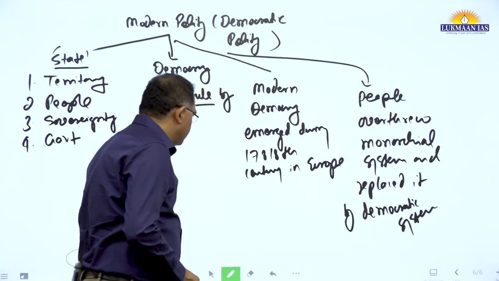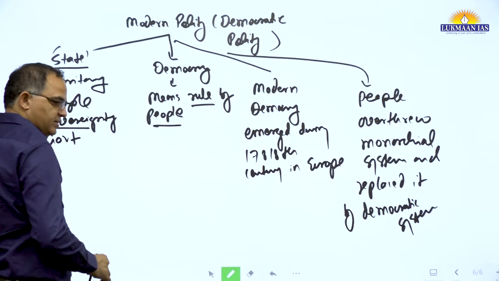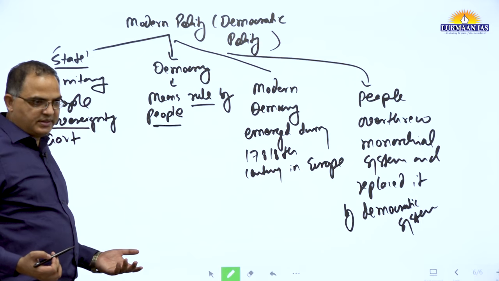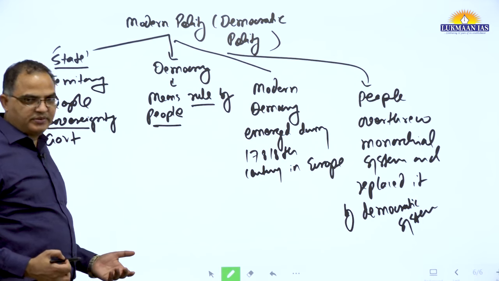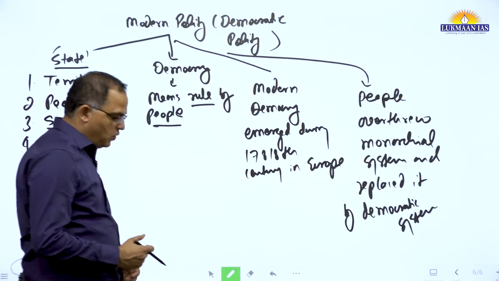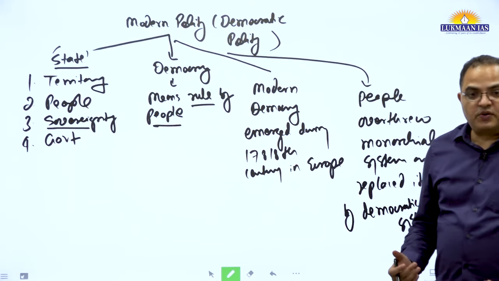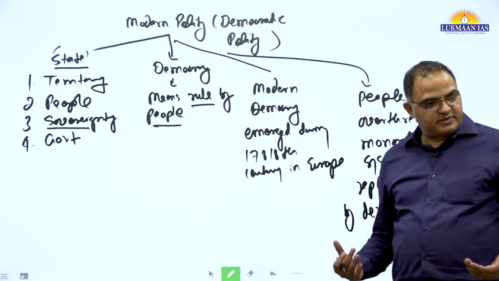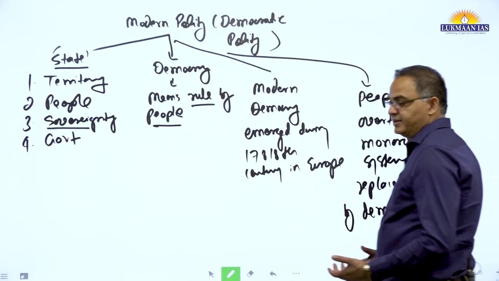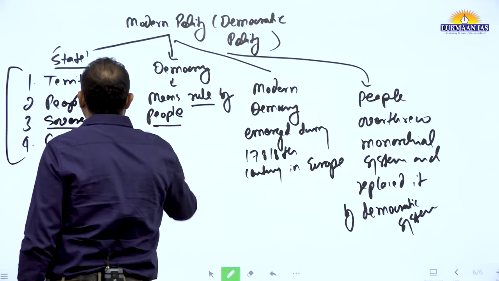Any such democratic system means ruled by people, and ruled by people means that sovereignty is important. Any state that is sovereign, we are a sovereign state now. In '47 we got independence. Before that we were not a sovereign state, isn't it? So why is sovereignty important? Because without sovereignty you cannot be independent, you cannot be a democratic state. So democracy demands sovereignty.